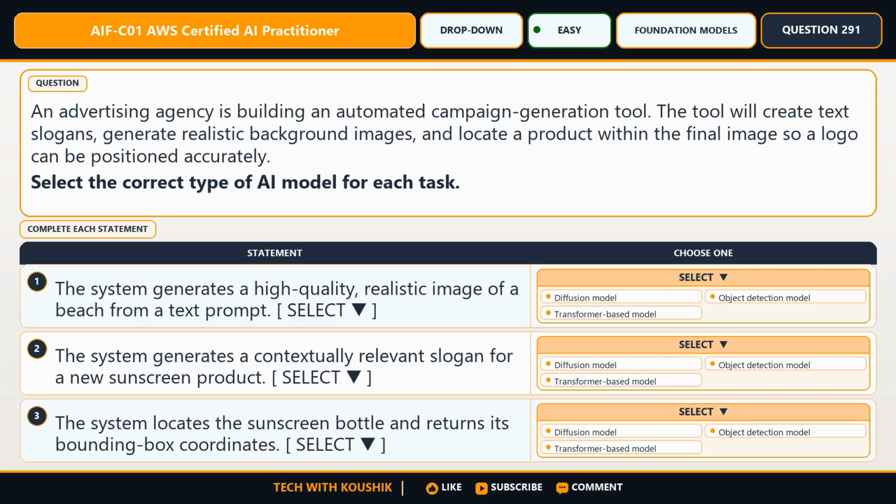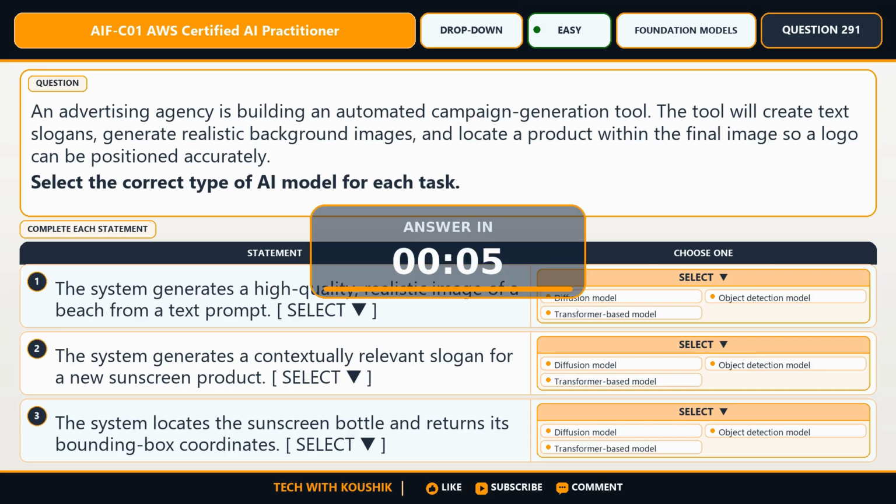Choose the stronger fit from 2. Diffusion model, object detection model, or transformer-based model. The third blank appears in: the system locates the sunscreen bottle and returns its bounding box coordinates. The blank. Choose the stronger fit from 3. Diffusion model, object detection model, or transformer-based model.